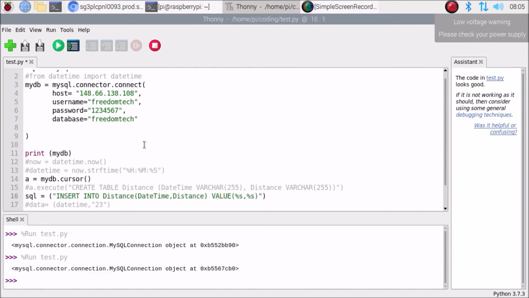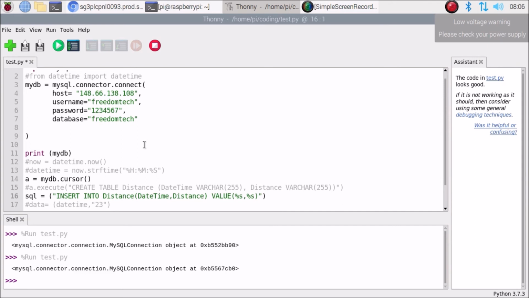So I am going to use a variable again for creating the query. SQL is just a variable. Again, you can mention any variable, friends. Then we are going to fire the query. So insert into distance. Distance is again our table, so we are going to insert data inside distance. For that, insert into distance, and then where we want to mention the data.